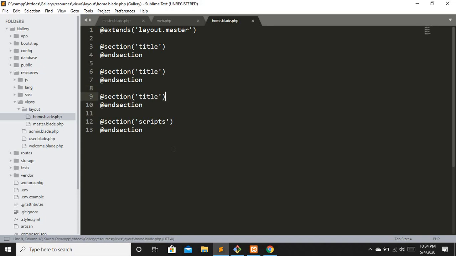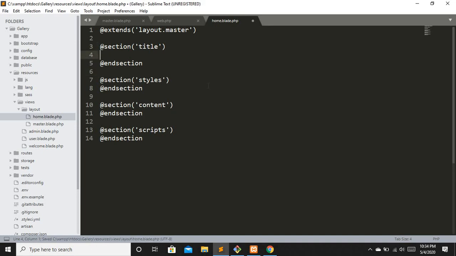Scripts, and let's say content will be here, and styles. Okay, title. For this page I want the title to be home, and let's put a heading right here, h1, and let's say home page. That's it. Simple. Let's move to our home blade, and it is working right now.